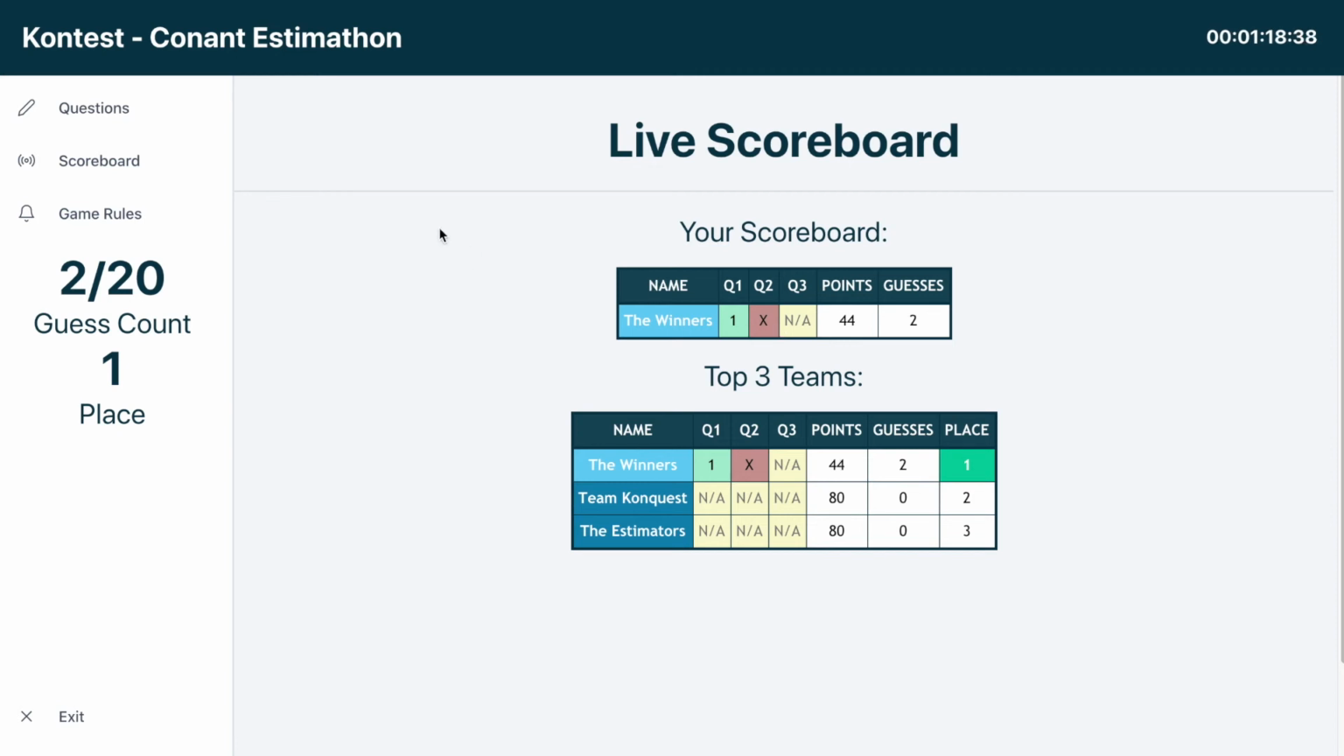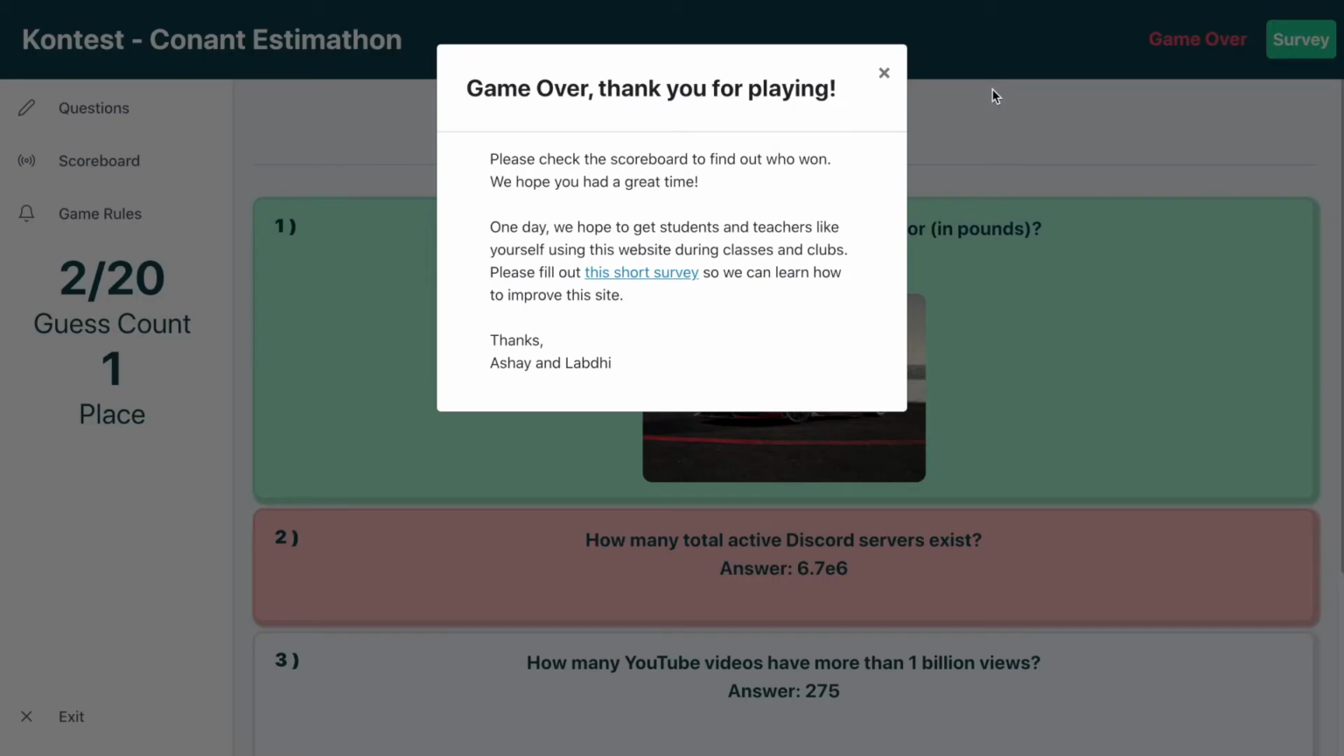And last but not least, over here at the top right corner is where you can see a live timer. Right now, I still have an hour and 18 minutes to go before this estimathon ends, which I will definitely fast forward and tell you guys what happens when the game is over. Now, as the game is over, I see this pop up,